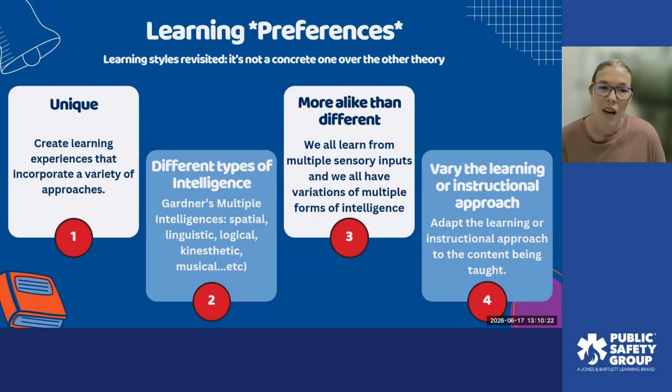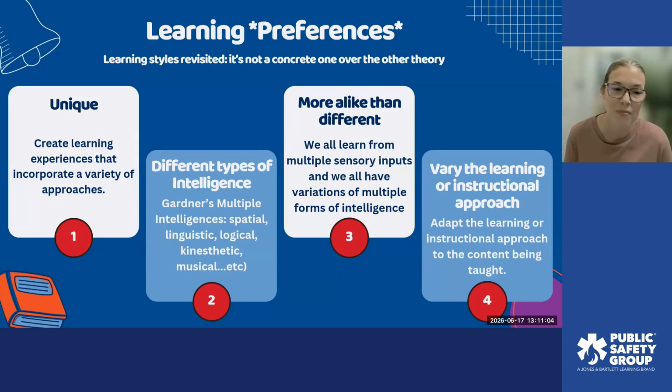We also need to remember there's multiple forms of intelligence. So on the truck, in the field, how many times have we said they're a great book learner? That student can take a test like no other. Or that student, they're terrible at written tests, but they do a great job at the hands-on scenarios. So that's a perfect example of recognizing that each of our students has a different type of intelligence. But just like learning preferences, they might have one type that's front and center. The others might need a little more exercise for them to strengthen. They still have a little bit of all of these types of intelligence that they can use to actually succeed